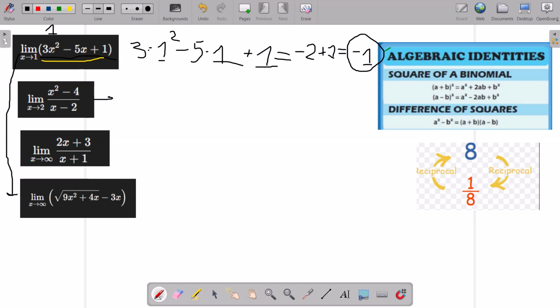The next one is a little bit more challenging, but still not very difficult. We cannot plug in values here. As you can see, x approaches 2. So if you take 2 squared minus 4 divided by 2 minus 2, the answer will be 0 over 0. And this is not allowed in calculating limits. It leads to faulty solutions. So we need to find a way to get rid of this